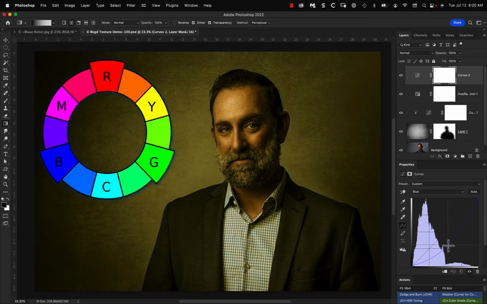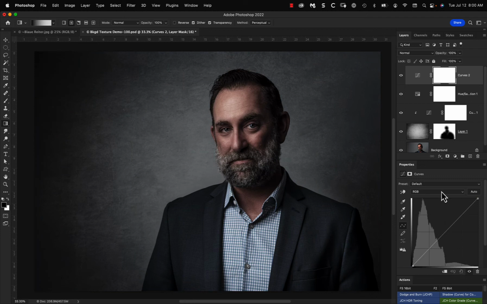And if you think about your color wheel, or if you think about Capture One or Adobe Lightroom, the white balance sliders, you can visualize the complementary colors. Blue and yellow are complementary. If you add blue, you reduce yellow. If you add yellow, you reduce blue. Complementary colors. Okay. Now we can take that, be a little more specific about that with our color grading efforts